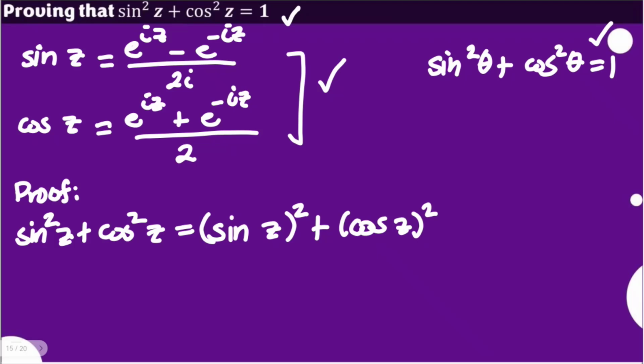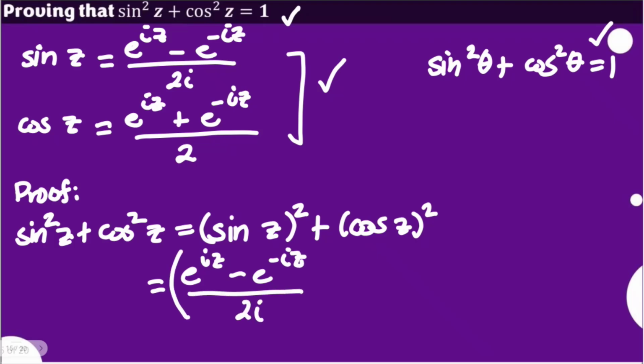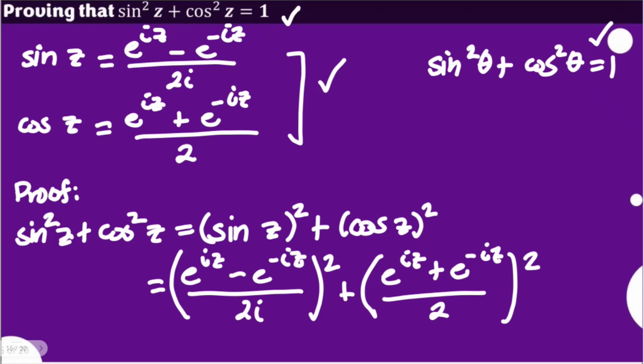We're doing this so that we can automatically substitute the expression for sine z, which is e to the power of iz minus e to the power of negative iz all over 2i, but we are going to square that as identified in our identity. Plus, for the second one, e to the power of iz plus e to the power of negative iz all over 2. Okay, so we just need to simplify these two, or take the squares and combine if necessary, and determine later on if it would be equal to 1. Allow me to move it here at the bottom.